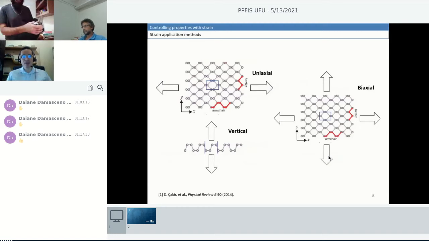But before that, I'll talk a bit about how to apply strain to the material. Three common ways that you can think about it. In this case here that we call uniaxial strain, we are applying strain in just one direction. It could be this direction or the other direction here. In this one here that's called biaxial, you're applying in both directions, in the y direction and in the x